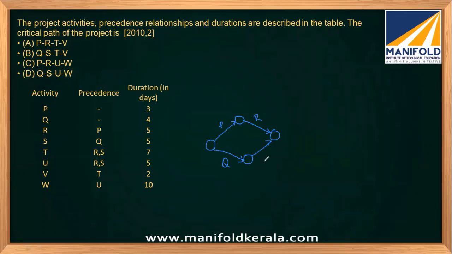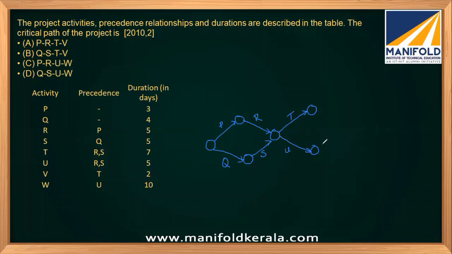R is from P, S is from Q, and R and S are merging. R and S mean there are two nodes, and it is also a bursting event. T and U are bursting from this node. So this is T, this is U,